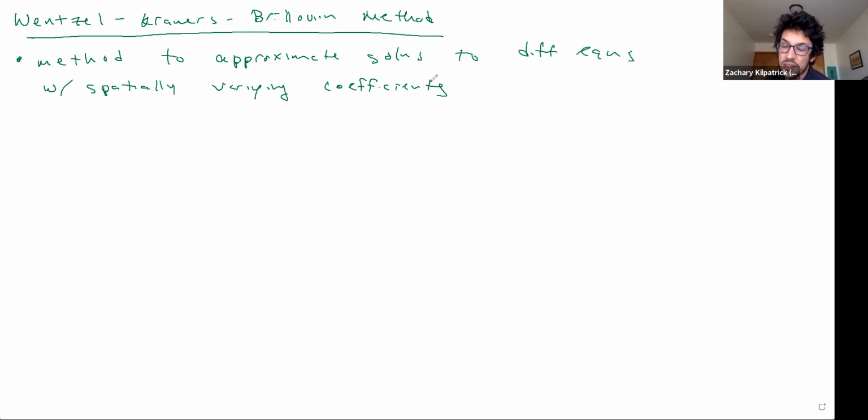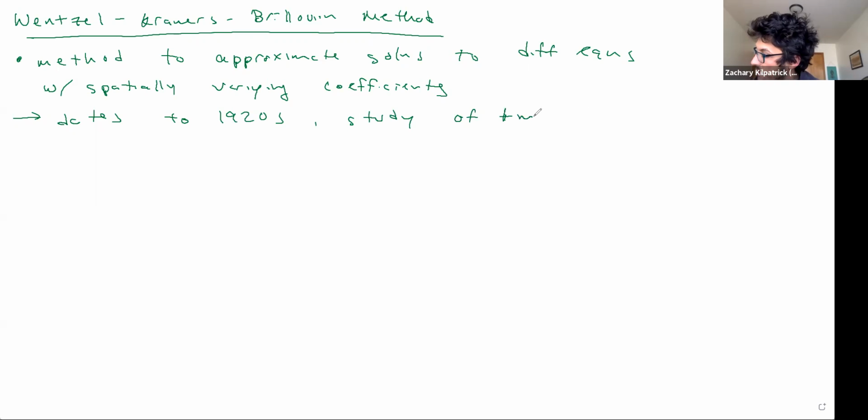It's just making a specific assumption about the kind of asymptotic approximation you're going to make that's going to involve an exponential function. So this dates to the 1920s, and in particular,